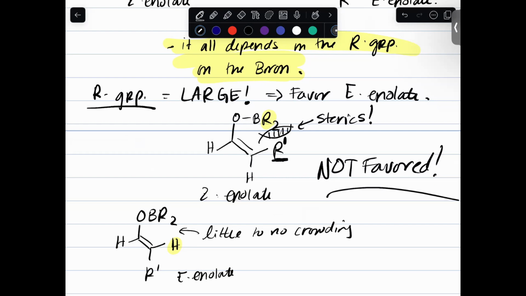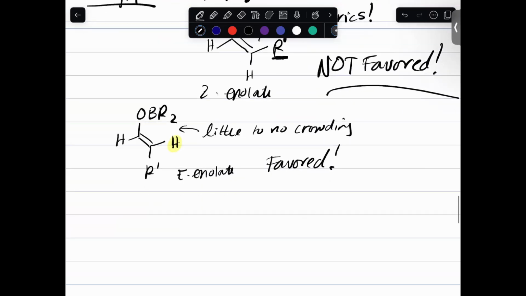And your E-enolate is favored. Okay? So when your R group on the boron is large, it favors the E-enolate. Okay? One of the most popular groups on boron for the formation of the E-enolate,